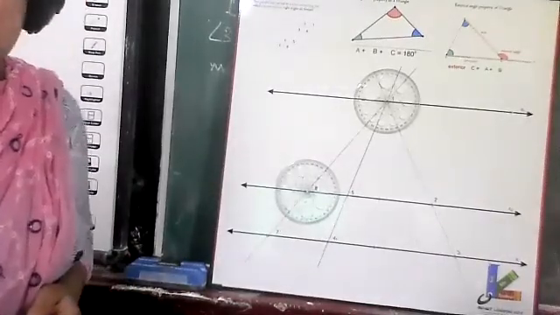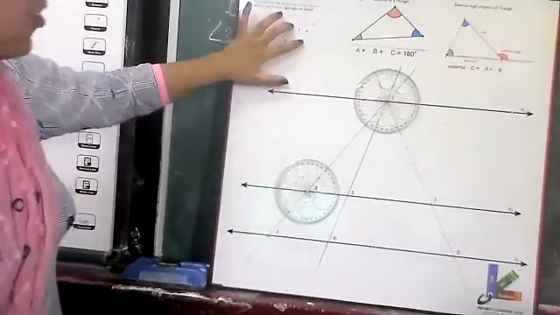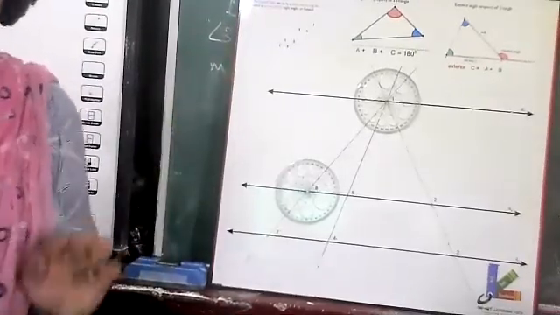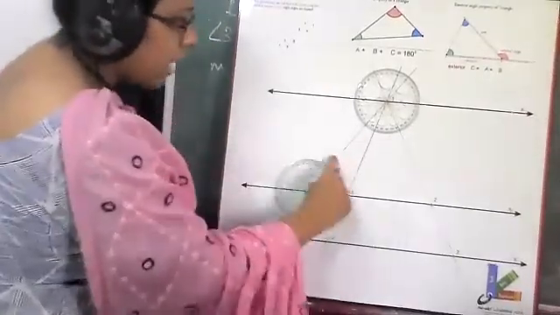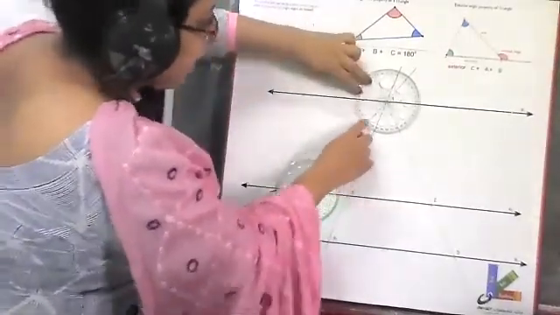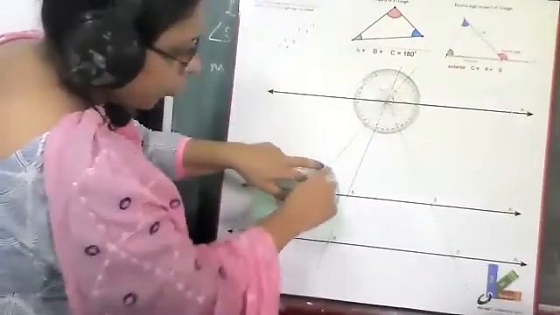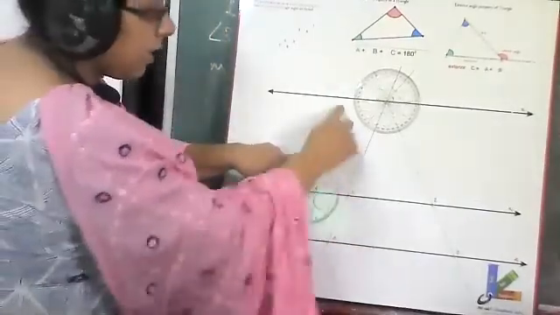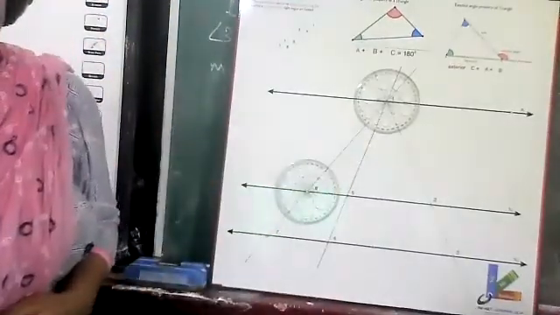Next I am taking alternate interior angles. So I am taking the example of 3 and 5. As you can see, 3 and 5 are interior angles as well as in alternate positions, and therefore they are alternate interior angles. So this is your angle 3 and this is your angle 5. On measuring this angle, I have set the 0 at this point, and we have measured the angle as 55 degrees. Similarly here, this is my 0 point, and if I measure, this angle is 55 degrees. Therefore, we can say that these two are a pair of alternate interior angles, and so they are equal.